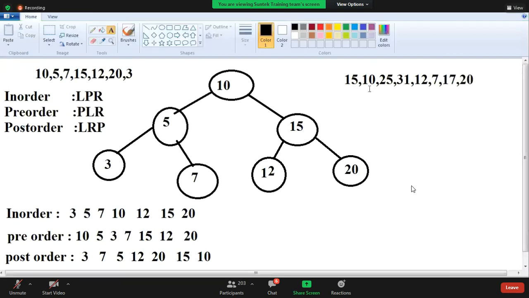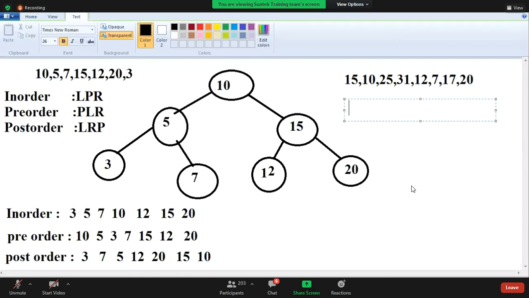Write this one, and I will give one more example.